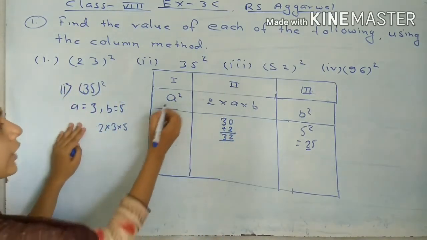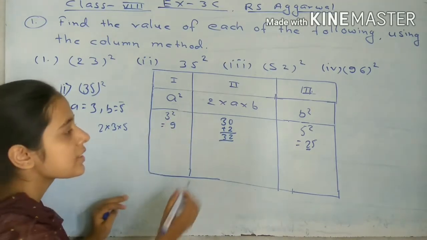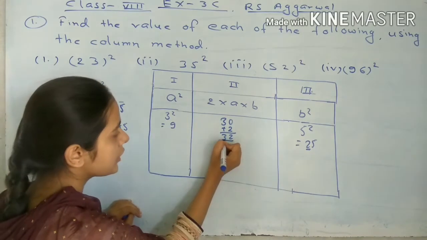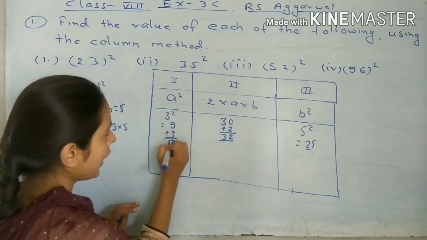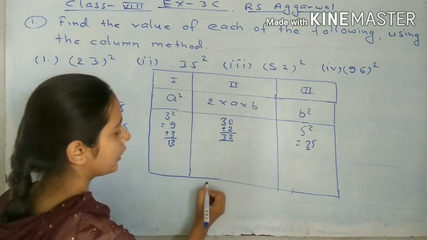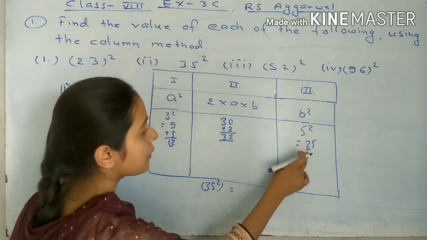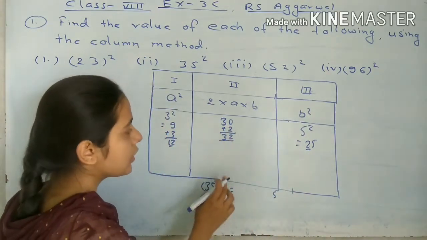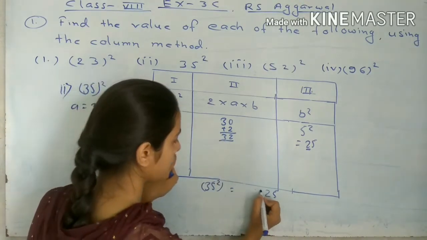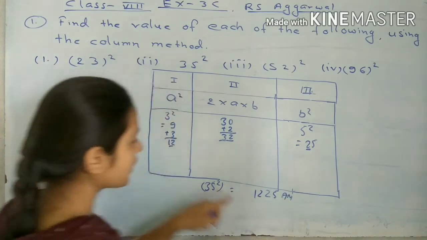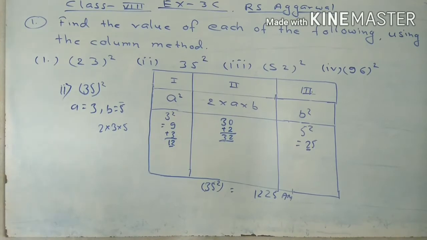And there is a square, and the a value is 3, so 3 square will become 9. 9 plus this digit, this one digit will come here. So 9 plus 3 will be 12. And so the square of 35 will be 5. This 2 we will not write because it is added to 9, so it will be 2 and 2, 1. So 1225 is the right answer. I hope you are understanding. We will solve the other questions with the same process.